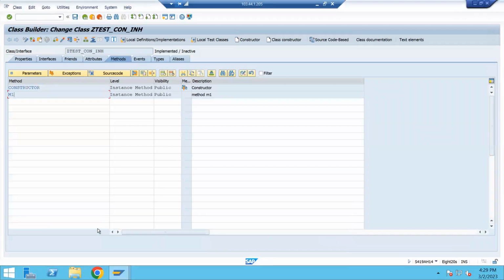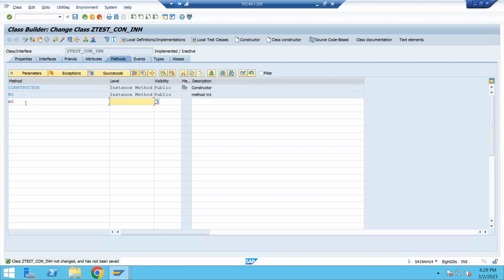Where is it? Where is it? Here, right? So constructor and M1 is coming here, but class constructor is not coming. Okay, static constructor is not coming. It will not inherit here. Okay, the static constructors will not inherit here. Fine. Now save it and